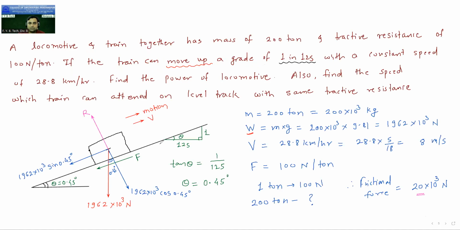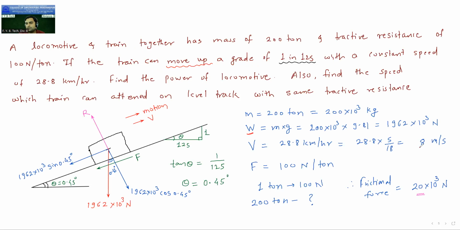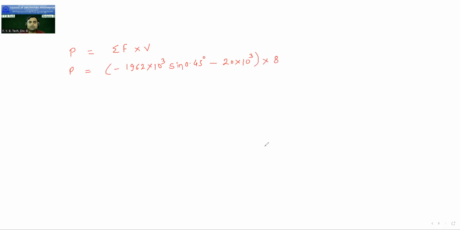Okay. So what is the velocity? Velocity is v. So into v is the velocity. Velocity is 8. We have calculated now 8 meter per second here on the inclined plane. So if you solve this, you will get the value of power. It will be minus